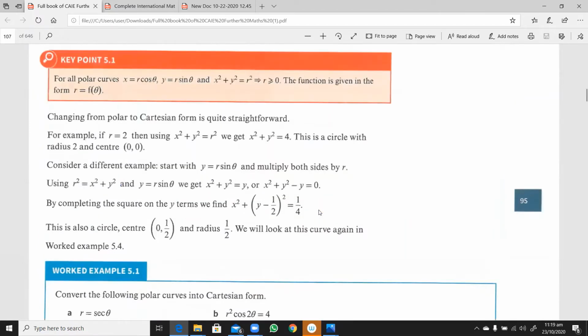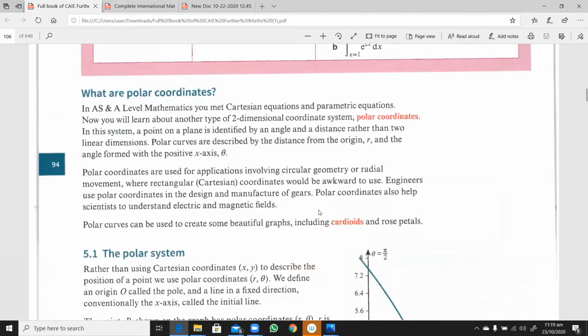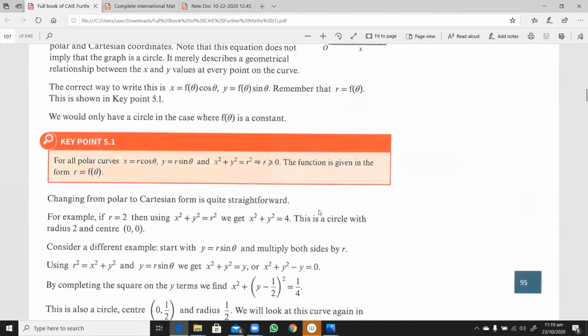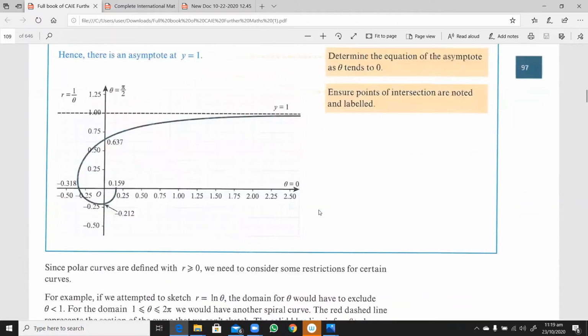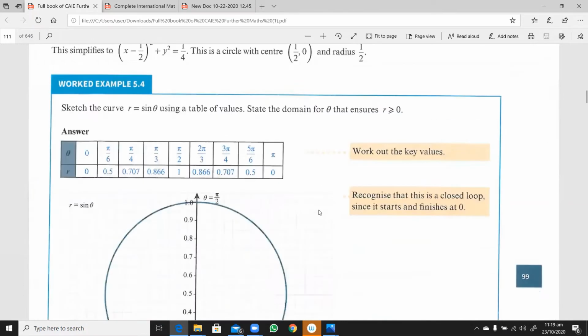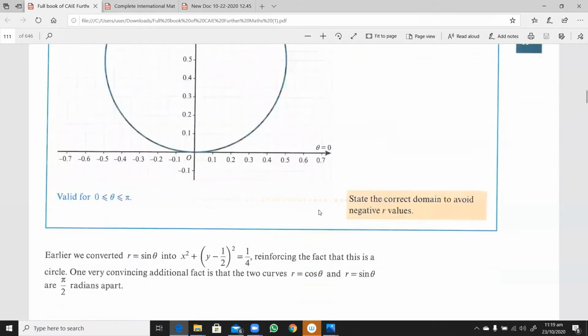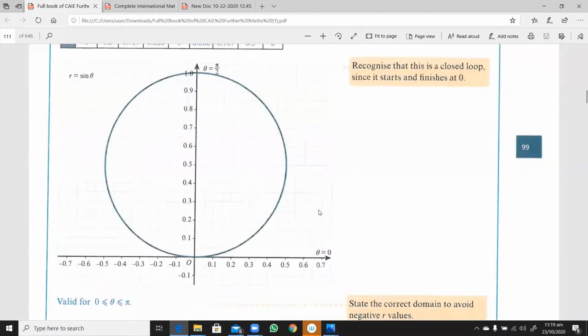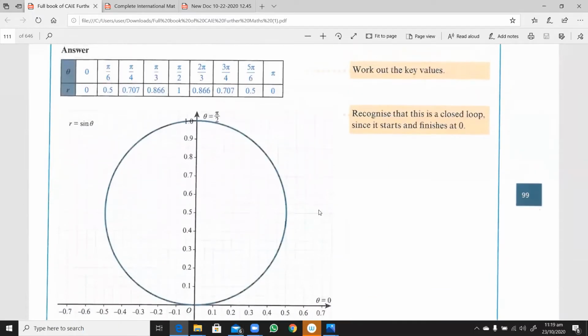Where is the exercise? Okay, we have it here. I think I should do some discussion with you over here. Look at this r sine theta. If you look at the values taken up here in this table, we had to sketch this r sine theta. I haven't told you about this, but let me see if you can really figure it out.